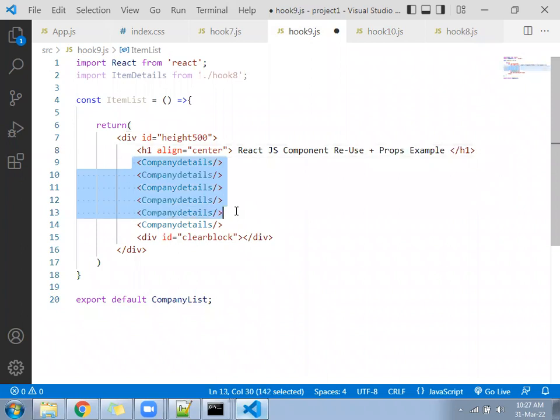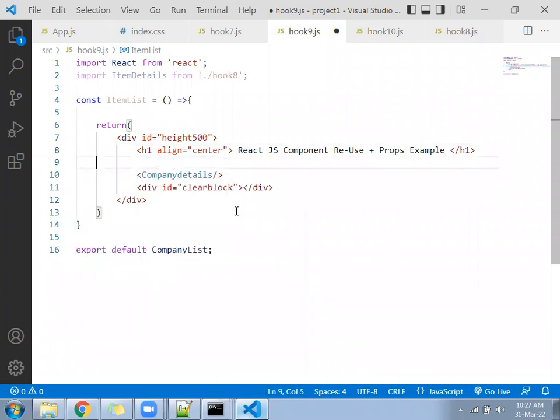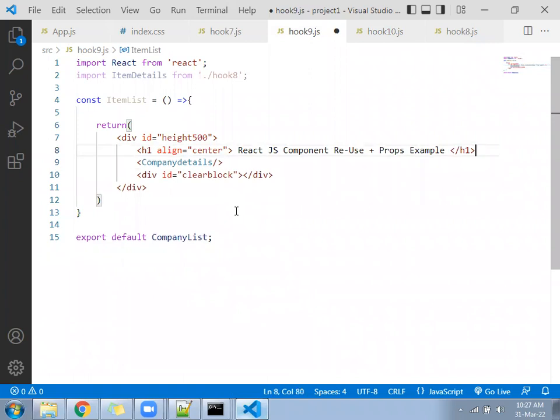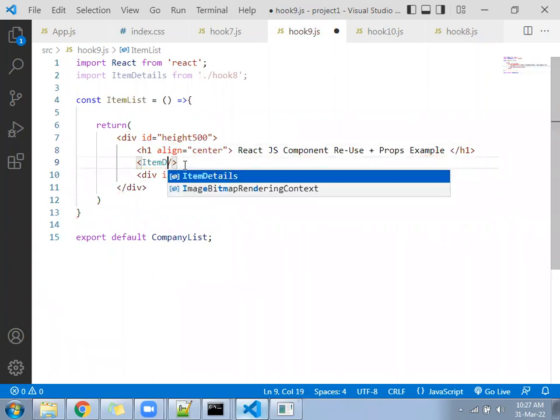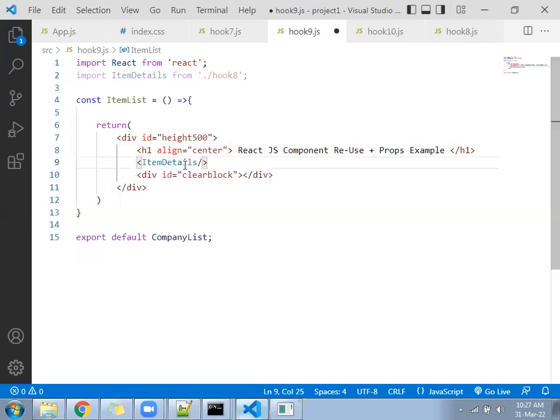Call here that component, item details, once. Item list will be the name.